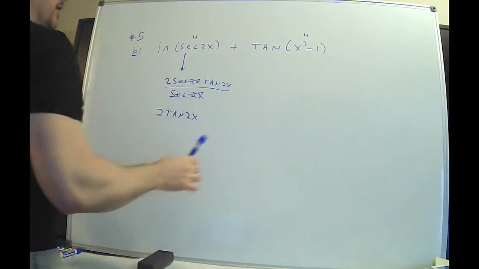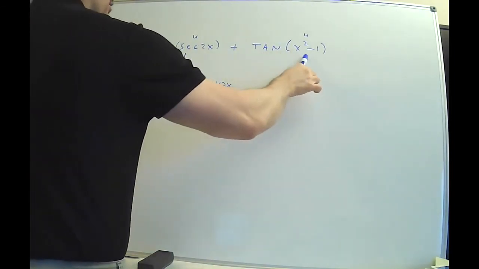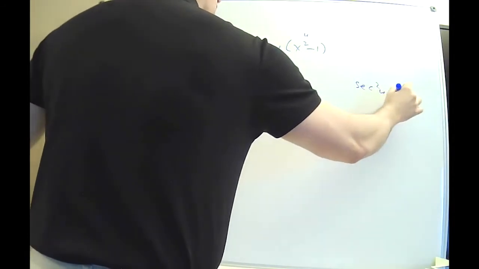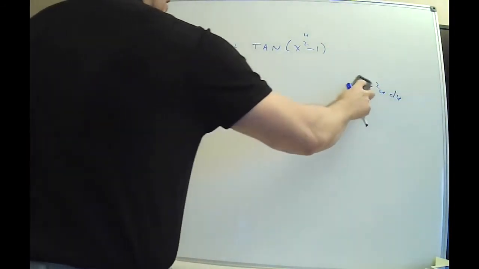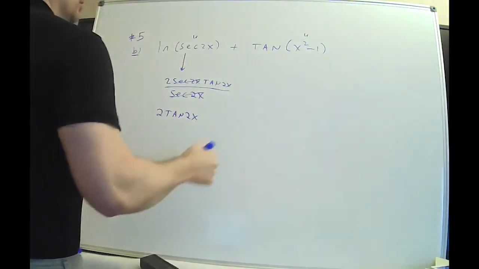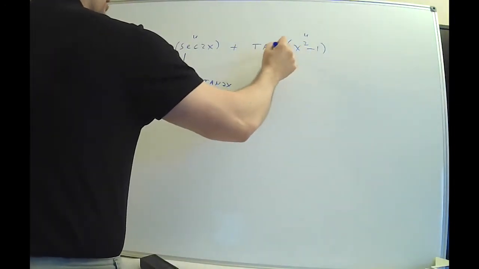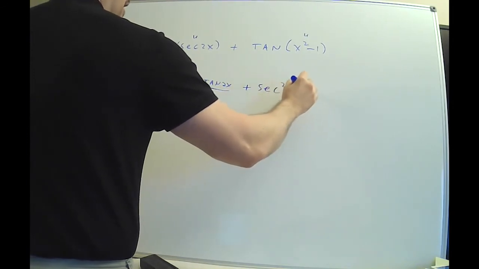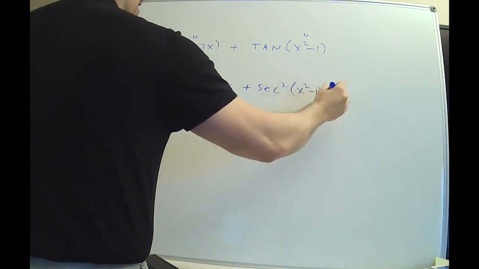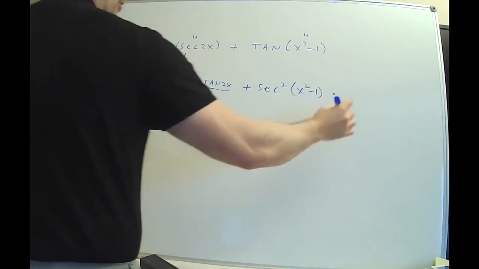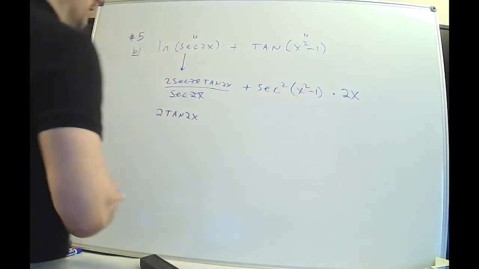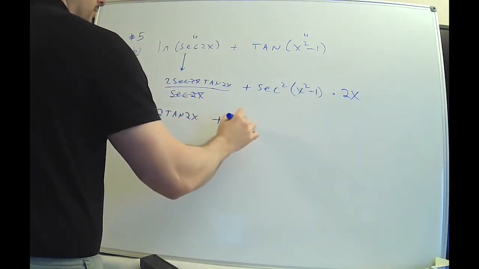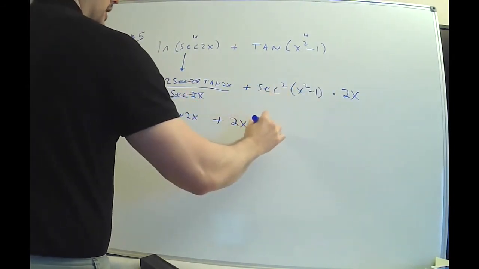Now for this part, the derivative of tangent of u is secant squared u du. These are all in our chain rule list, so there's no reason to write them again. I'm just doing them for you. So the derivative of tangent of some stuff is secant squared of the stuff times its derivative. Done. It's not that difficult. Write the 2x in the front, make it look pretty. So 2x goes in front, so you get secant squared